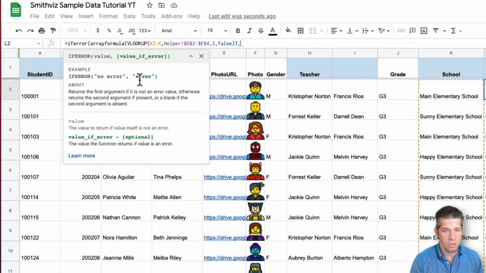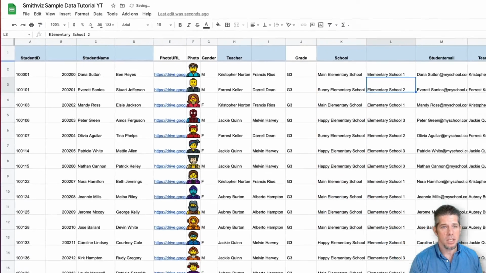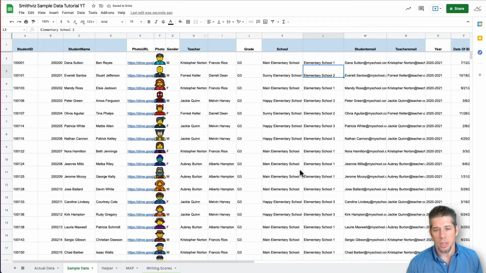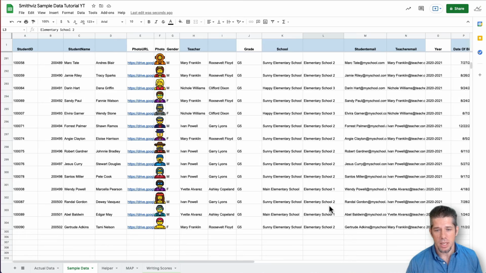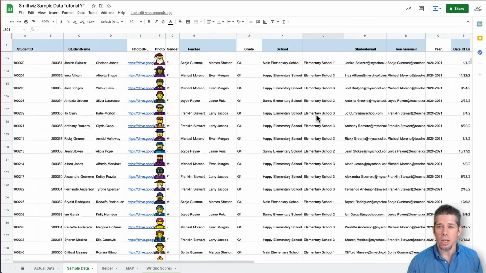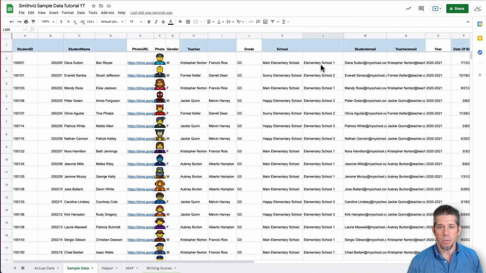And what I want it to do is just leave the cell blank. And the way that we can do that is put double quotes, space, double quotes, and then I'll go ahead and close the parentheses. And now anytime that there's blank data, it won't give me an #N/A, it will actually just leave that blank. So you can see now those have gone away. So whenever I do a VLOOKUP inside of an array formula, I tend to also put an IFERROR statement